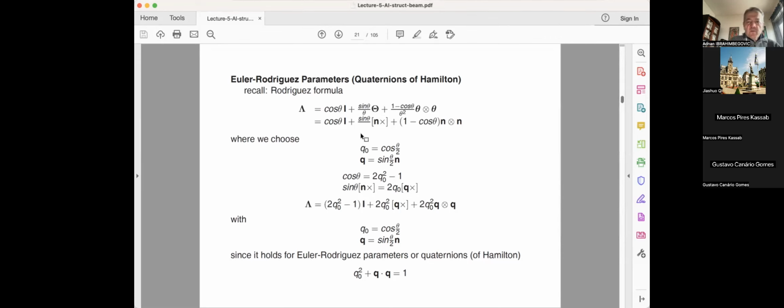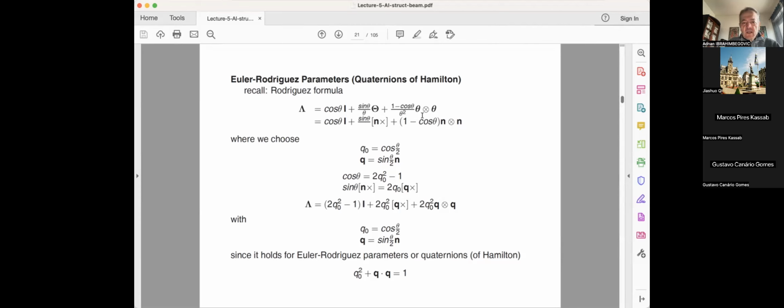These are called the quaternion parameters of Hamilton. Basically, Hamilton-type quaternions have a vector part and a scalar part. And it so happens that if you have a quaternion, you get a unique orthogonal matrix, and if you have an orthogonal matrix, you can have 2 quaternions. So you can set up the computation in a way that you always use the quaternion, and you only use an orthogonal matrix when you need it, building this unique orthogonal matrix from the quaternion. So this is your expression for your orthogonal tensor in terms of the rotation theta and